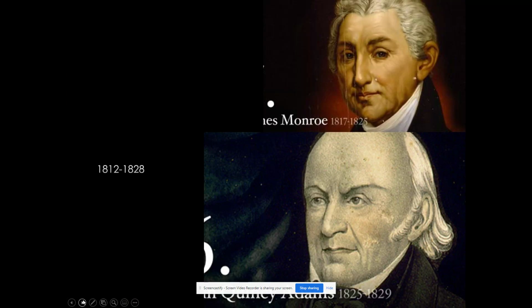And then the War of 1812 came. And the Federalists weren't supportive of it. The American people were ready to go against the British, and the Federalist Party ceased to be at that time. And so for the next roughly 4 election cycles, 16 years, you really only had one political party here in the United States, the Democratic Republican. So you had different candidates on the ballot and everything, but there really wasn't competing political parties. And this is the time of James Monroe. This is the time of John Quincy Adams.